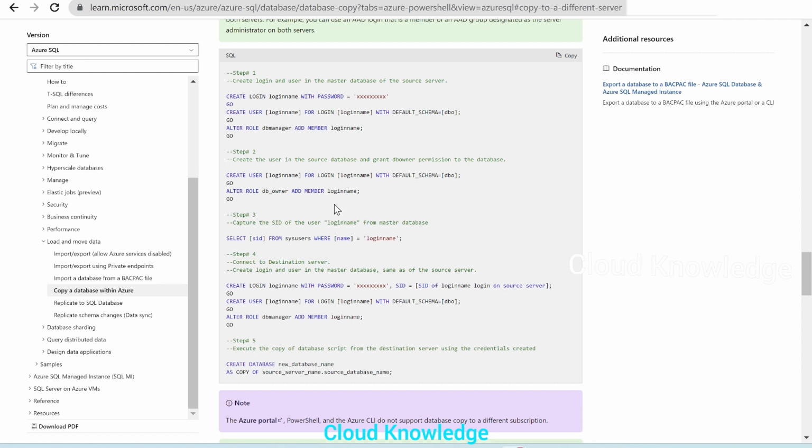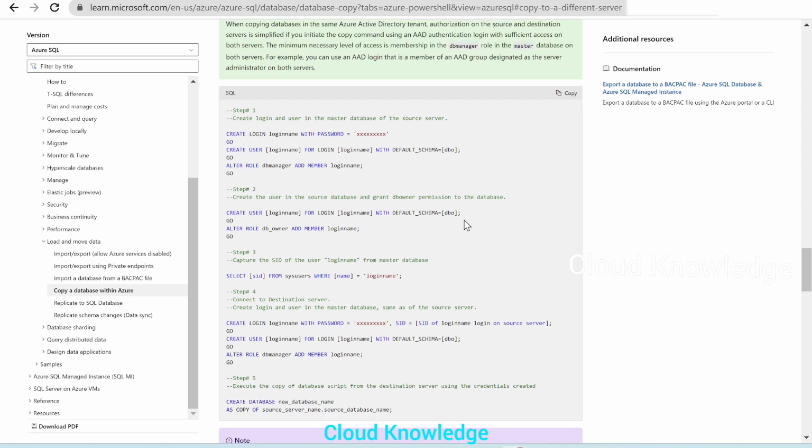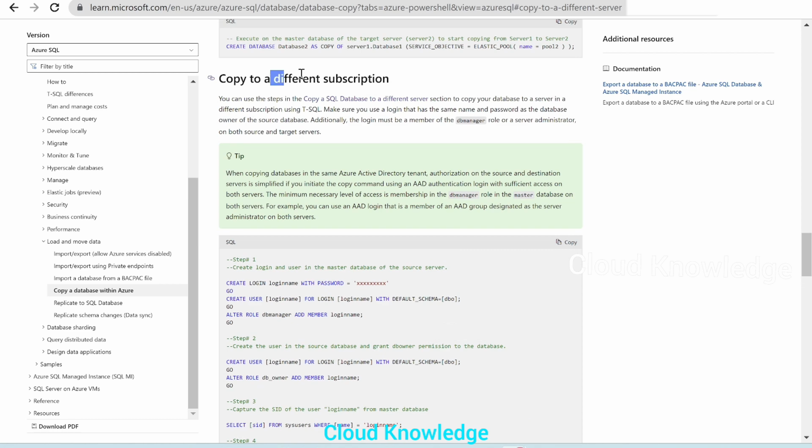Then we have to grant the DB owner permission to the database. Then we have to take the SID. Here we have the logins, users, and permission granting steps. These 5 steps we have to follow in order to copy the database from one server to another server in SQL database. Same will be followed when we are copying it to a different subscription.